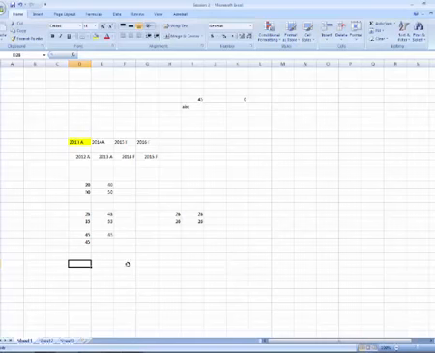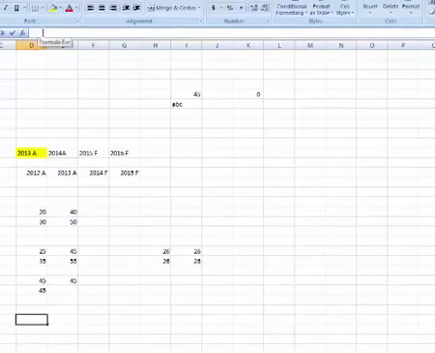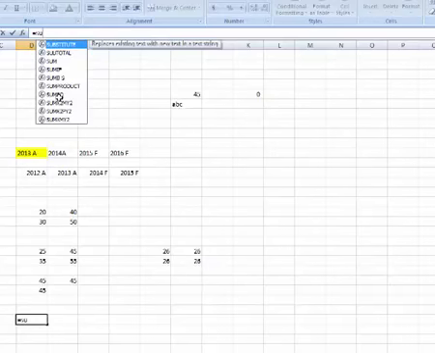Before we begin the function, you need to understand what we call the formula bar. The formula bar is the place where your function will be shown. So if you want, you can go to the formula bar here and type the function that you want. If I just say equal to SUM,